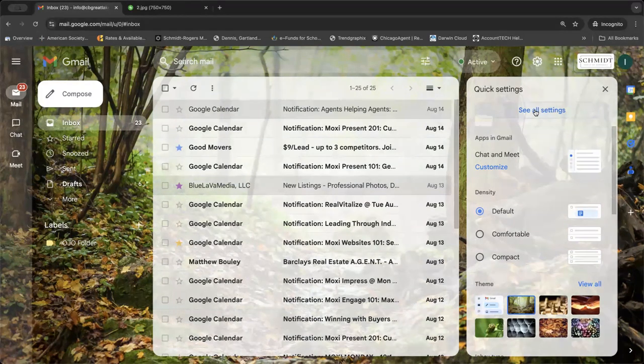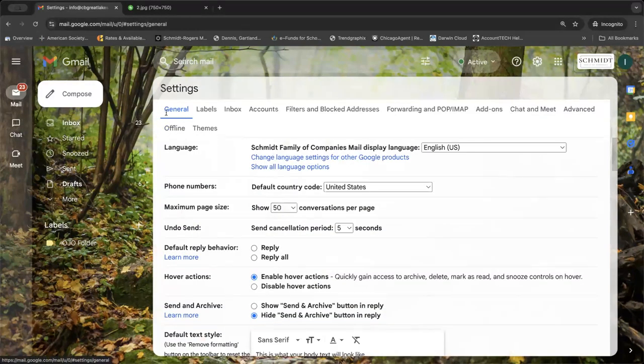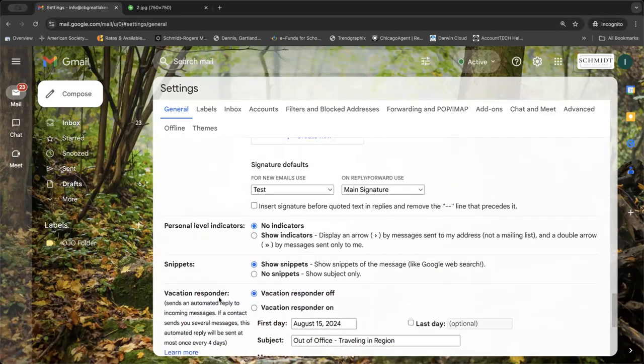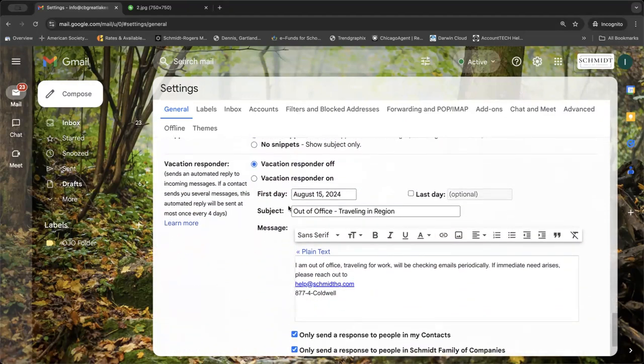So when you go to the cog and see all settings, it's right on that first general tab, but you got to scroll all the way down. So right here is your vacation responder. Personally, it's one of my favorite things to do, before I go on vacation, to set it up, because then I know I'm going to be out of the office. It's just one of those fun things in life. So you click